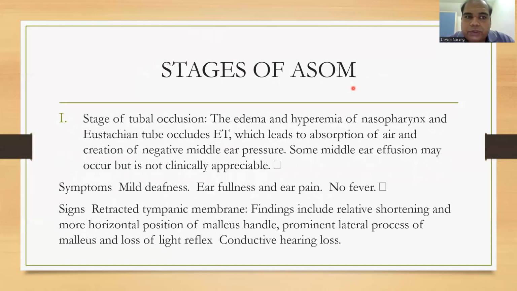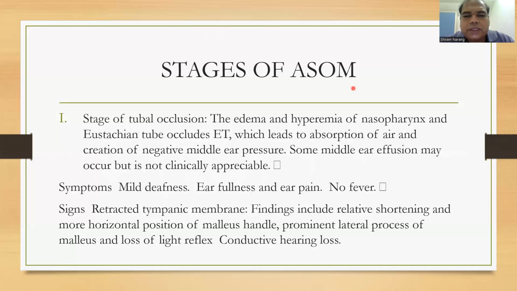Stages of acute suppurative otitis media. Stage of tubal occlusion. This is the condition when there is edema and hyperemia in the nasopharynx and the eustachian tube gets occluded. This leads to absorption of air in the middle ear cleft and creation of negative pressure in the middle ear cavity. The patient will complain of mild deafness, ear fullness, and ear pain, but there will be no fever as there is no acute infection in this stage. The signs will be retracted tympanic membrane on